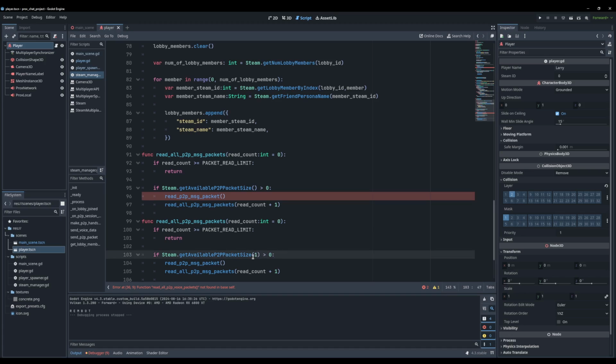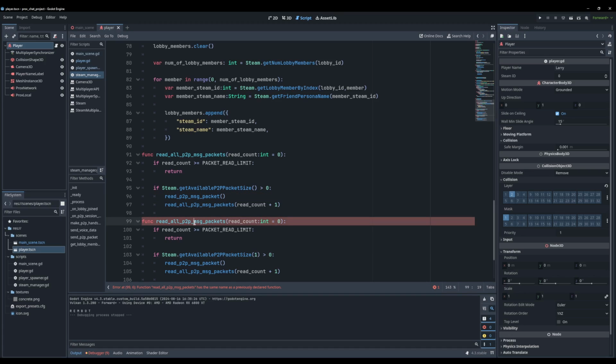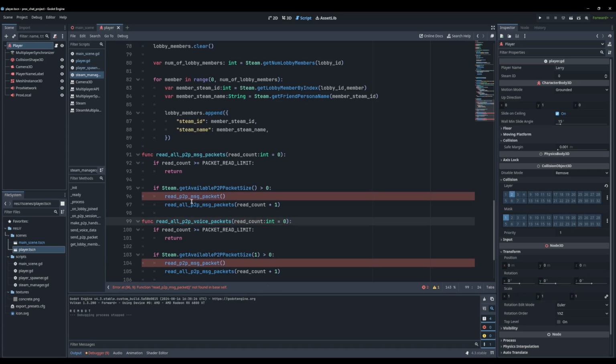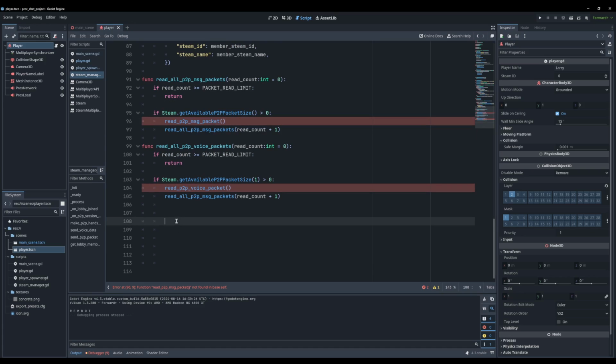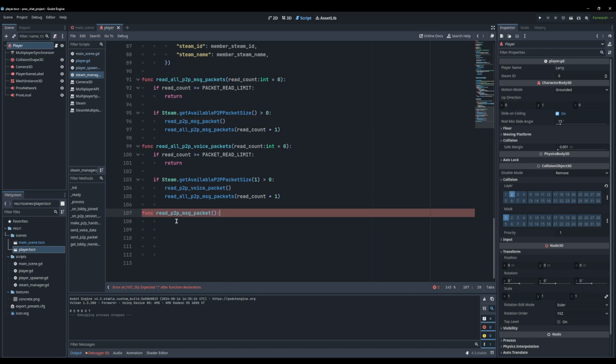Packet size 1, so that's on channel 1, and it should be the same, more or less. It should pretty much be the same, except here we want to have voice packet, message packet. So then we can create that function here. Message packet, yup. So var packet size in equals steam.get